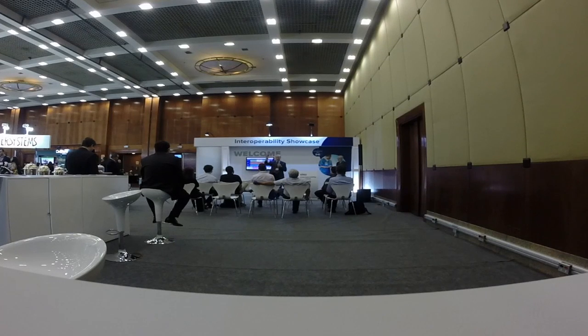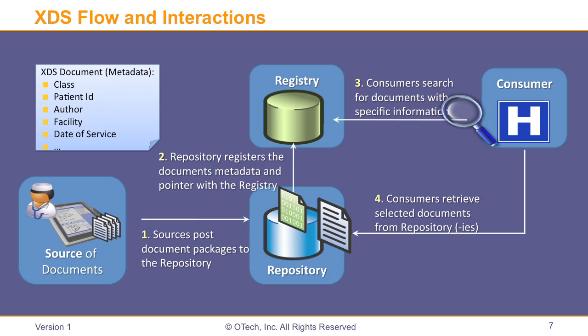How does it technically sit together? So if you really think about it, there are 4 actors. There's a source of the document, in this case the university hospital. There's a repository, which in many cases could also be the same location, but it doesn't have to be. But in many cases, the source and the repository are combined. Then of course there's the outside registry, and then we have the consumer.